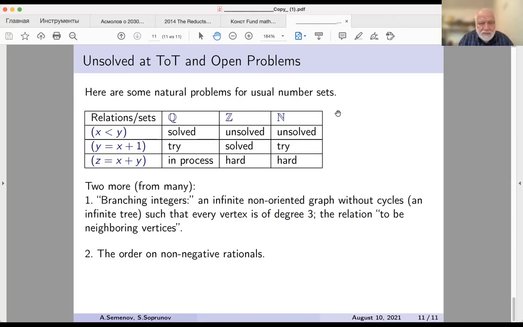So finally, the plus. For the plus, Q is, as I mentioned, in progress. We are working on this, but for Z and N, it will be pretty hard. It will need some additional techniques to prove this, as we feel. And we propose a couple more problems, and there are actually very many problems of that type for definability theory. One is branching integers, like integers, but the relation is just to be neighboring, but